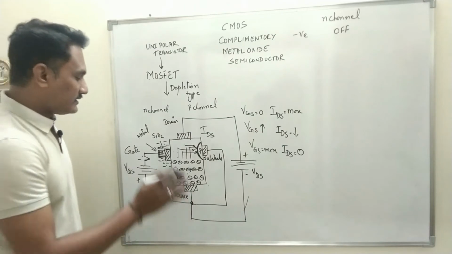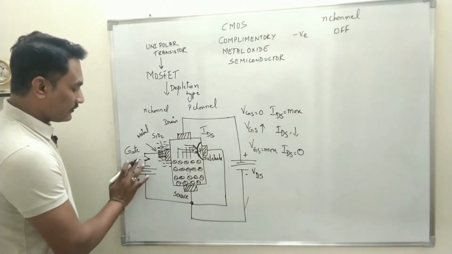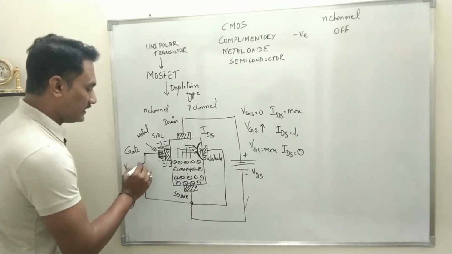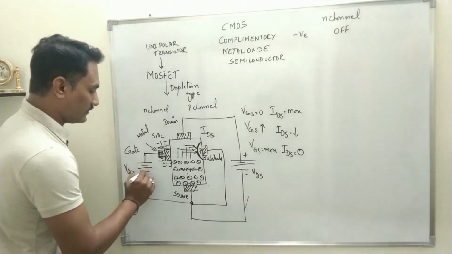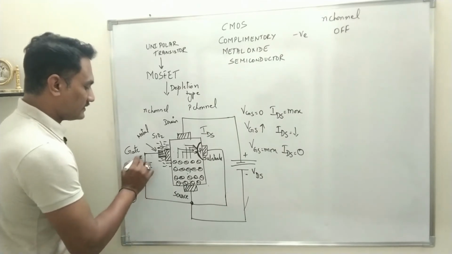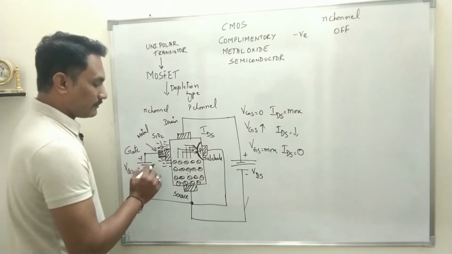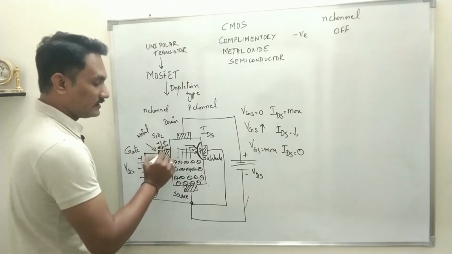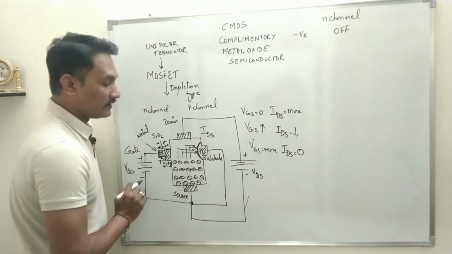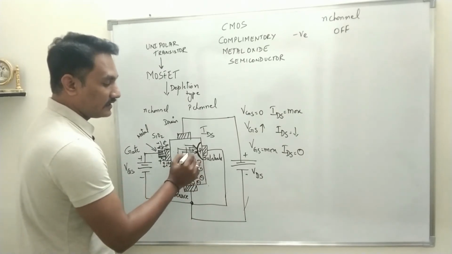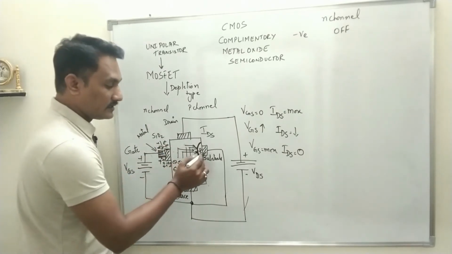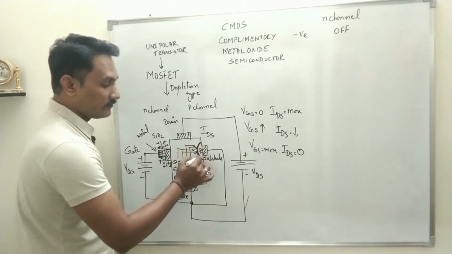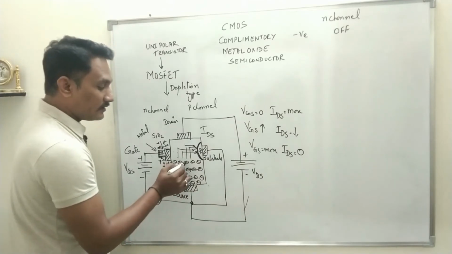Okay, let us do the same thing now. Suppose we change the polarity. Say the gate terminal is connected to positive, negative, positive, negative. So this is minus, this is plus. As soon as this polarity is applied, positive charge will accumulate near the capacitor, and this PN junction becomes reverse biased. So if reverse biased, current cannot flow like this to the PN junction. That means charge carriers cannot go into the PN junction because the resistance will be very high for the junction, and electrons cannot move.